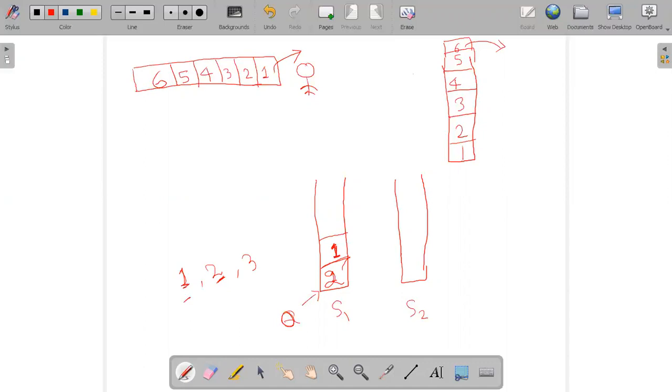I'll pop all the elements from here and push them here. So I'll push 1, and again I'll move 2 from here and push it here. So this will again become blank.